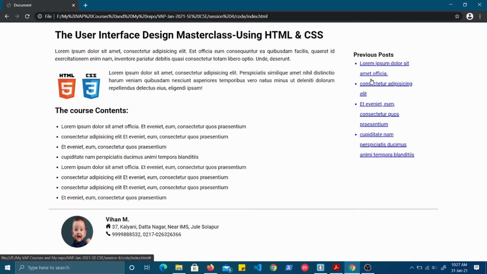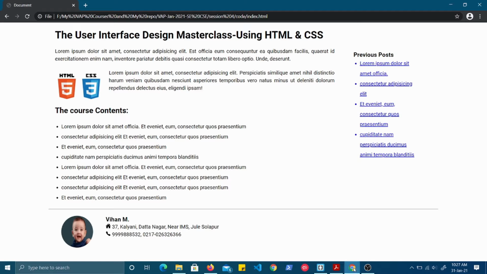These are all dummy anchors I have used. And at the bottom you will normally have a footer where you display the author of this blog. This is a very simple, realistic example that I have taken. So let us start.